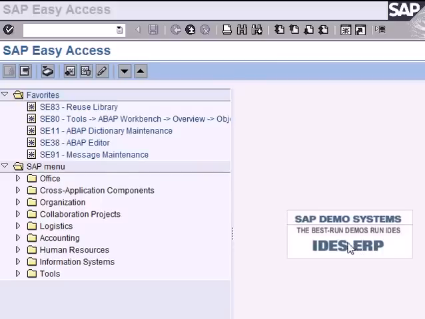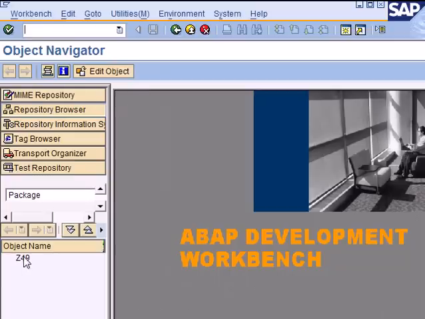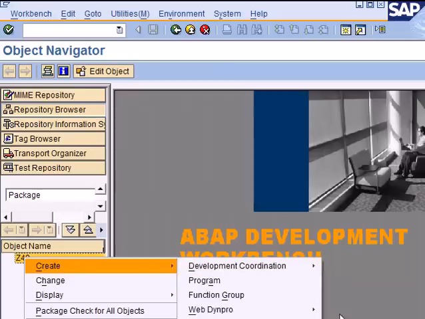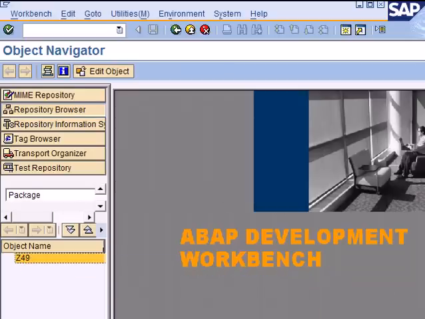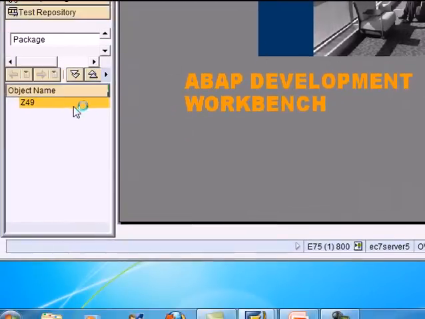One of the things you might be asked to do as an ABAP developer is to link a program to a transaction. So when I type in the transaction code here, I automatically call the program rather than having to call it each time explicitly. So our program hello world, we will just attach it to a transaction. So let us go to the object Navigator. This is our package. Right click, create, and you cannot see it, so let me just push this down a little bit. So again, right click,